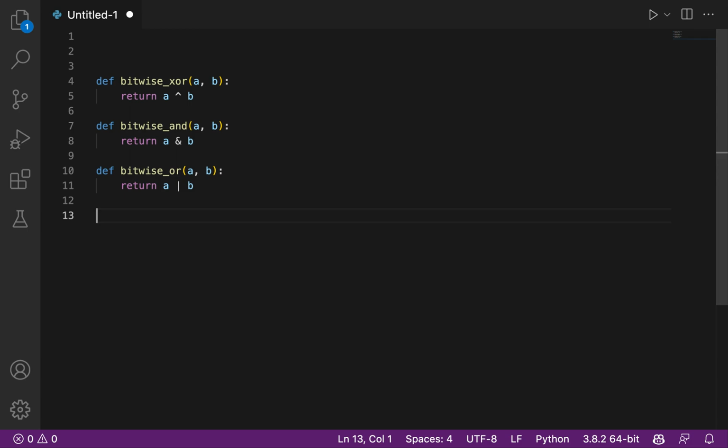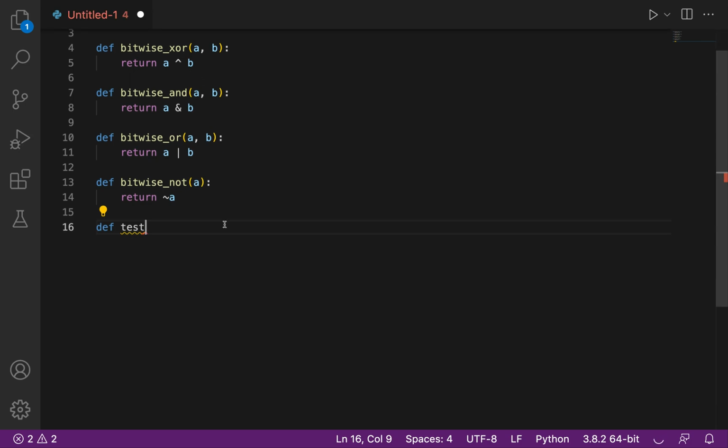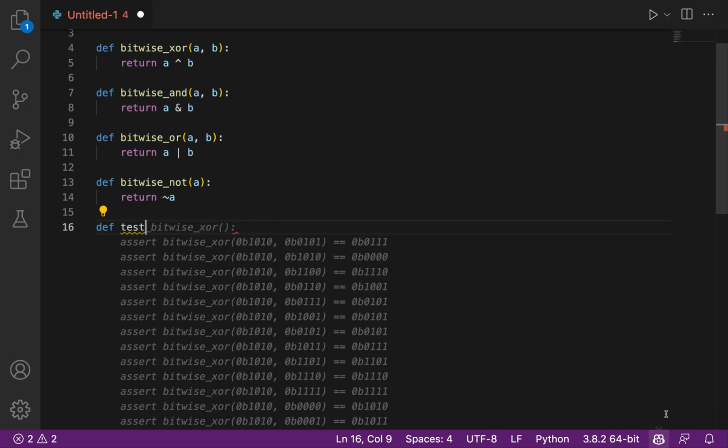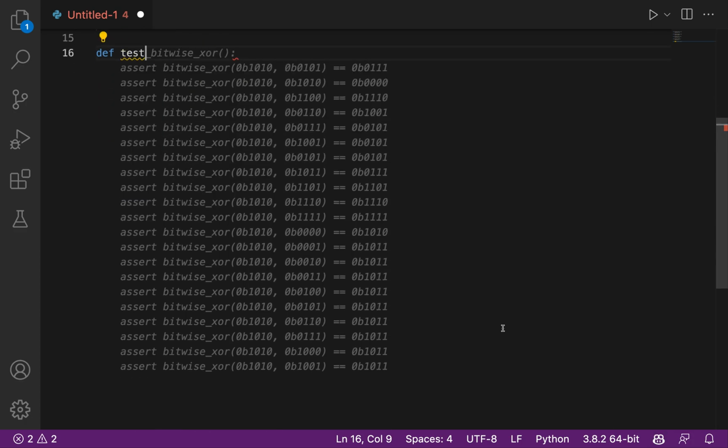So let's see if we can define a few tests. Def. Okay, bitwise not. Why not? Def test. So you can see on the bottom of the screen that it was loading. So GitHub Copilot was looking for